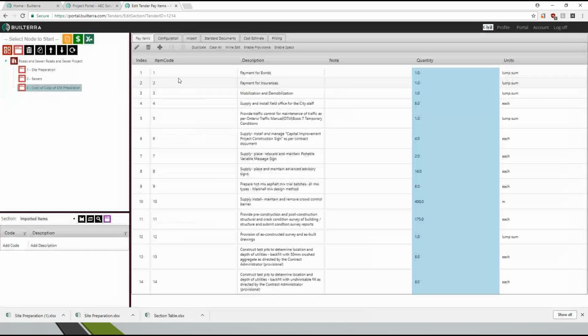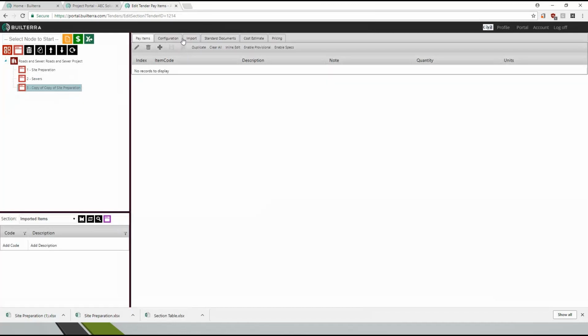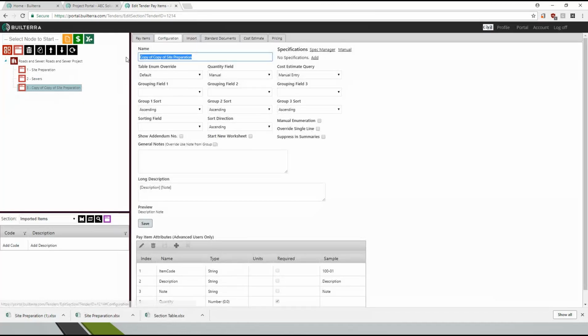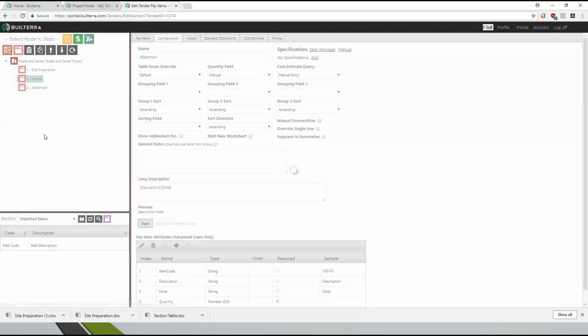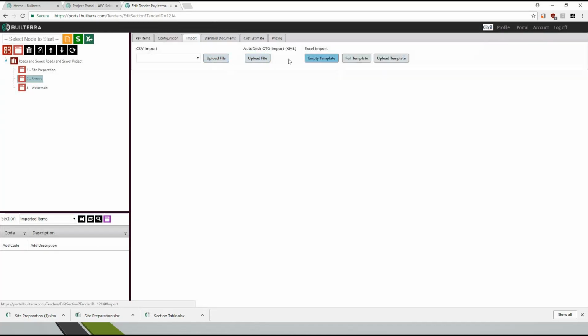And we'll do the water main here. Just clear all that data. Probably should have copied it before I imported it. And we can do the water main. Okay, and save it. So now that I've got these empty tables, I can go ahead and do the cut and paste from the original city